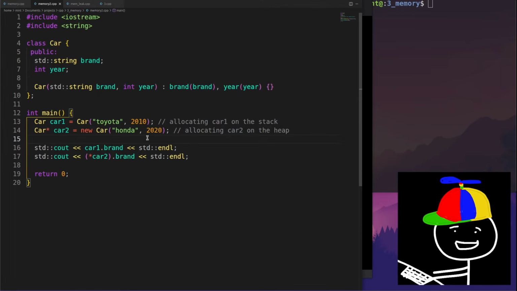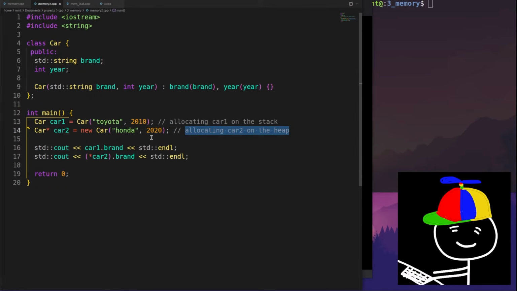And again, I will probably try to draw a diagram about this, but the way that memory leaks happen is, since stack memory goes away once the current function scope is closed, or basically at the completion of a function, and since this pointer is the thing that is stored on the stack, if the pointer gets deleted, we're not going to be able to actually delete the memory that is still being stored on the heap for this object.